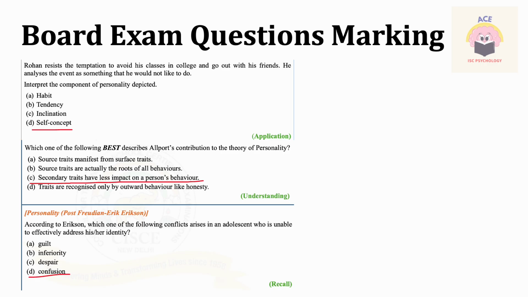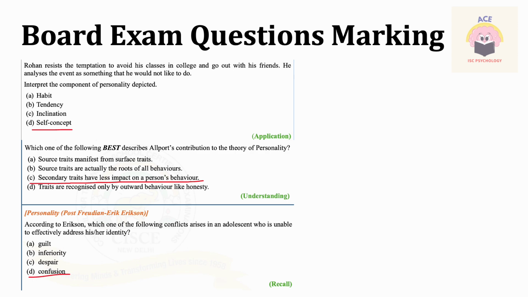Question 3 is on post-Freudians, specifically Erik Erikson's theory. The answer is option D, confusion, especially role confusion. According to Erikson, like we discussed before, adolescence is the stage of identity versus role confusion. When an adolescent is unable to effectively resolve this identity conflict, that is, unable to understand or establish a clear